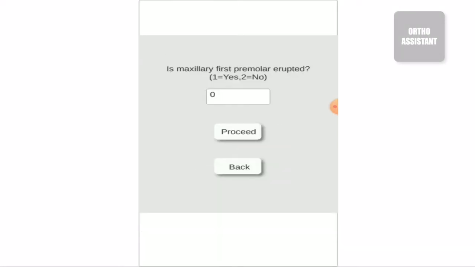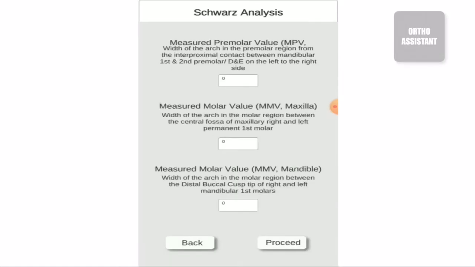Schwarz analysis, it will ask whether the premolar is erupted or not. If it is erupted, it will be done as for permanent dentition. If it is deciduous dentition, it will modify the value in the premolar region. So you have to enter whether it is erupted. If not, then you have to write 1 or 2. Proceed, enter the values accordingly.